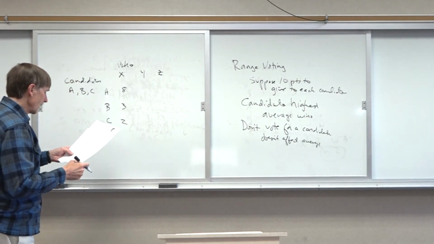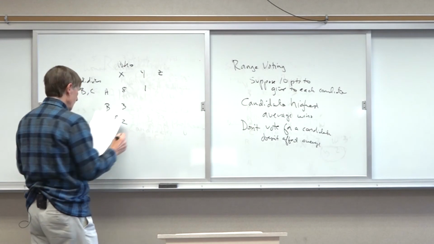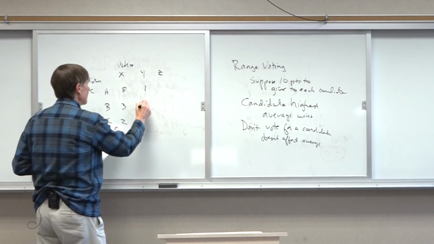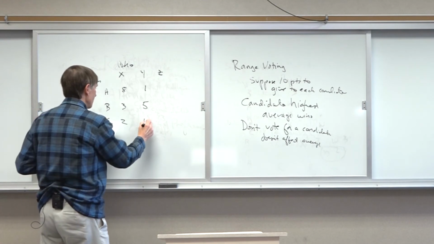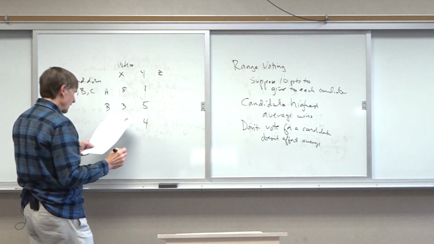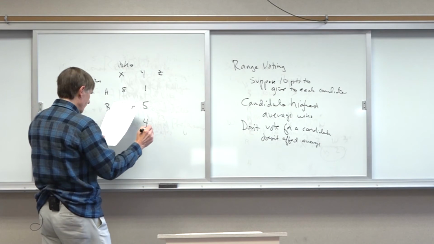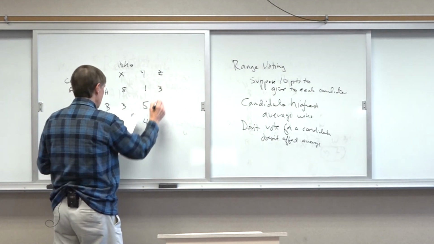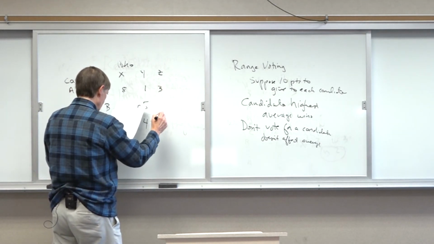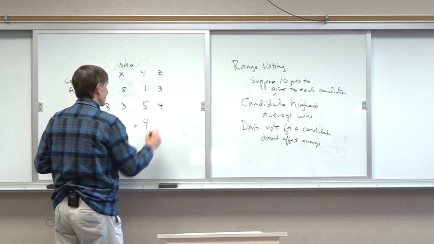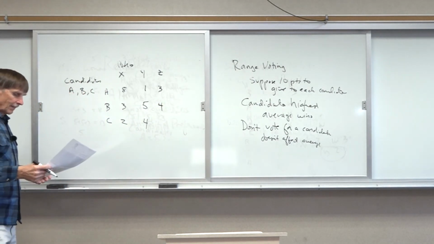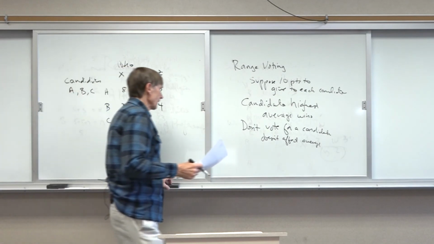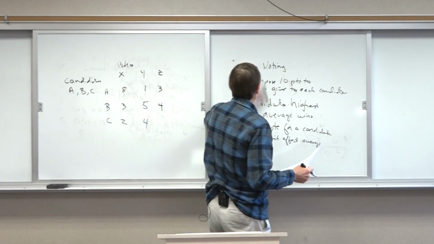And voter Y gives A a 1, gives B a 5, and gives C a 4. And let's say Z gives 3 points to A, gives 4 points to B, and doesn't vote for C. Okay? So now if we take the average score,